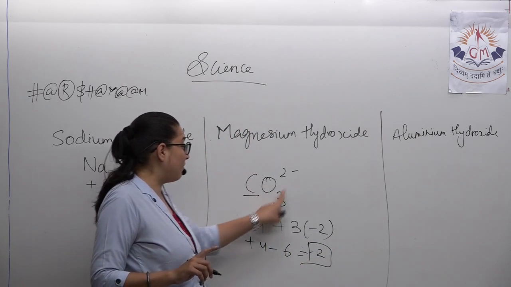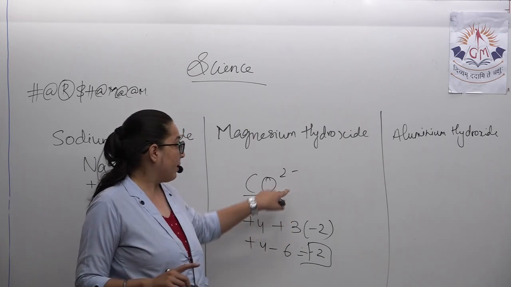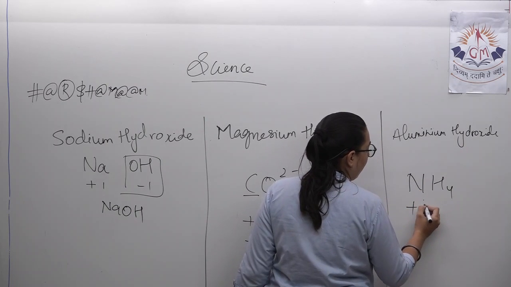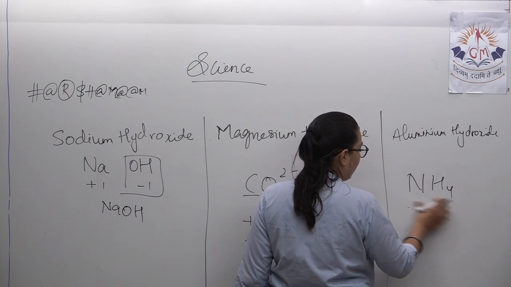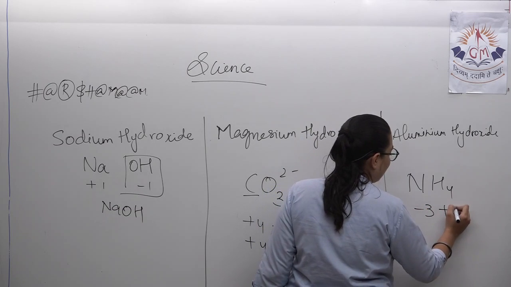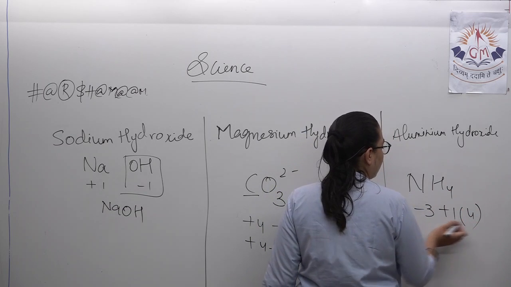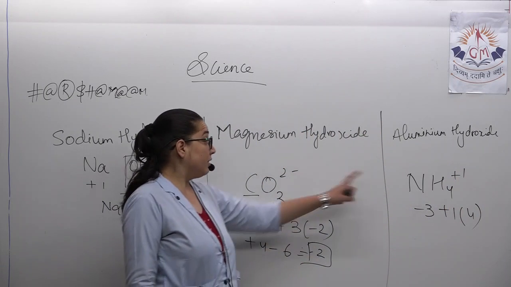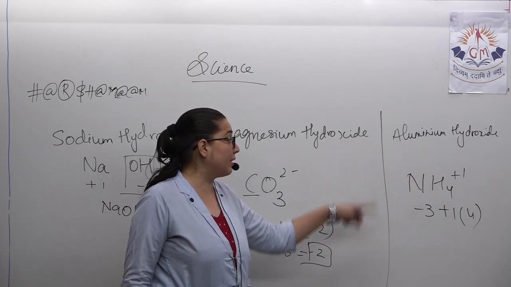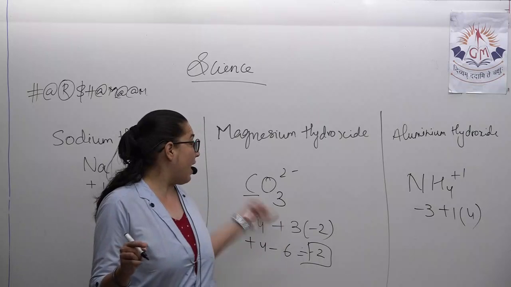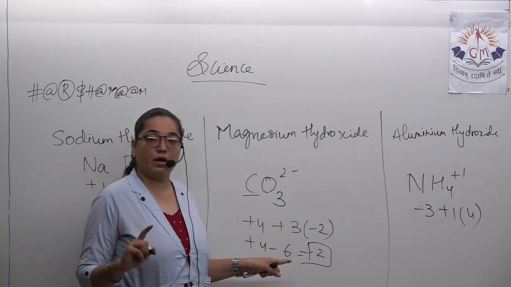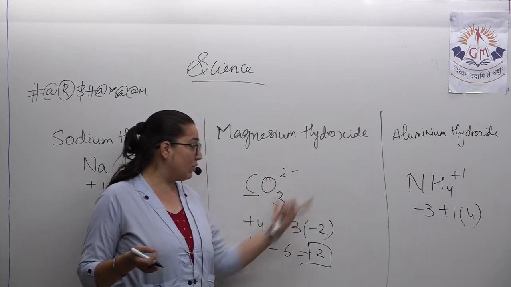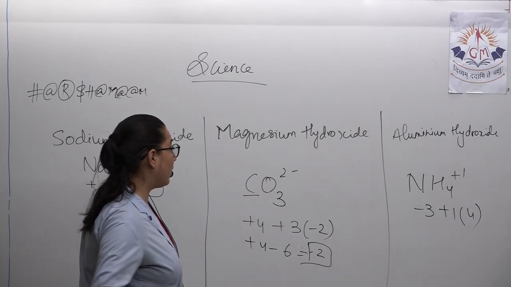Many times you may forget this particular charge. Many times it is happening. Ammonium, NH4. Generally the valence of nitrogen, you are taking minus 3, hydrogen plus 1. How many hydrogens are there? 4. So what is 4 minus 3? It's plus 1. So ammonium is NH4 plus 1. This is how the valence of any polyatomic ion is calculated. No one is teaching this and nowhere is it given in your book. That is called finding out the valency of a particular element, and this is the only strategy. For that you need to be clear with the valencies.